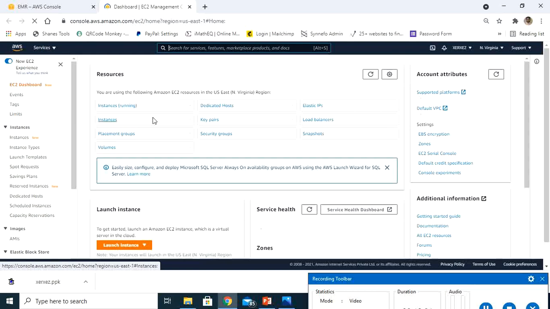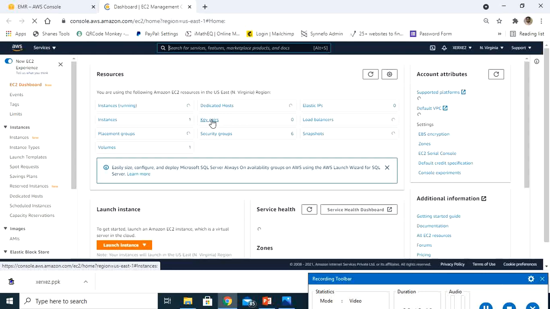Here you can create your own machine. Next, Elastic IPs are there, dedicated hosts are there, load balancers are there, snapshots are there, security groups are there. In the same way we have key pairs also.